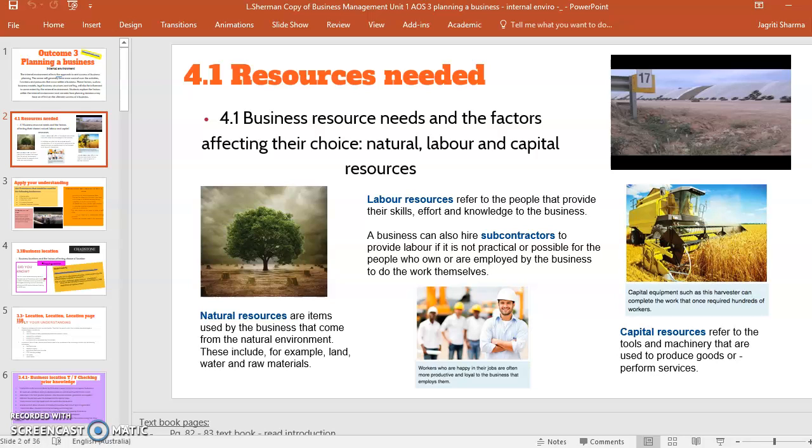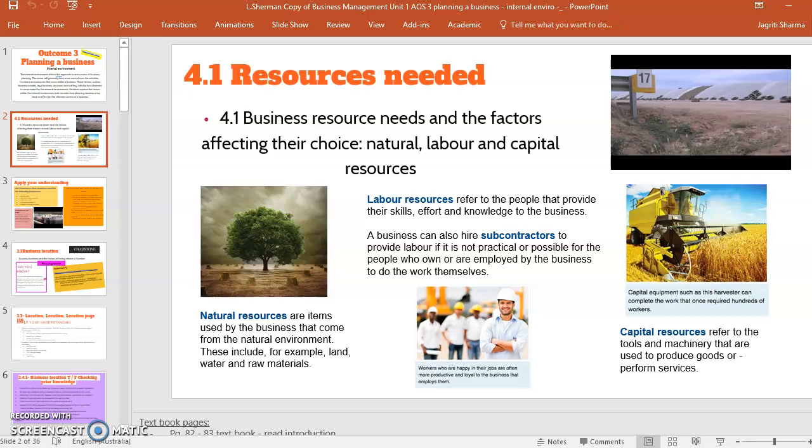You will see many big businesses have subcontractors. They come to do some work, get the money for that work done, and then go away. So they are different to the employees. Employees are the permanent employees of the company. They work every day and help the business. However, subcontractors only come to the business when the particular work is required to be done.